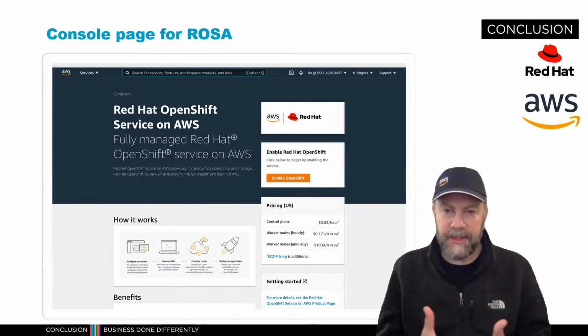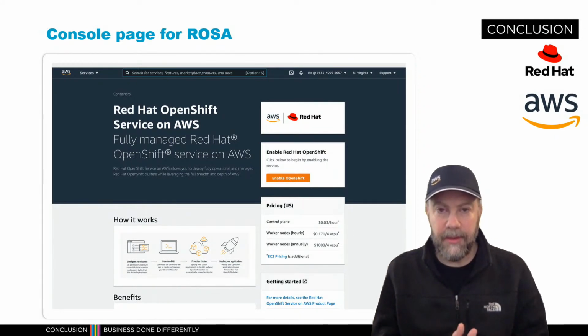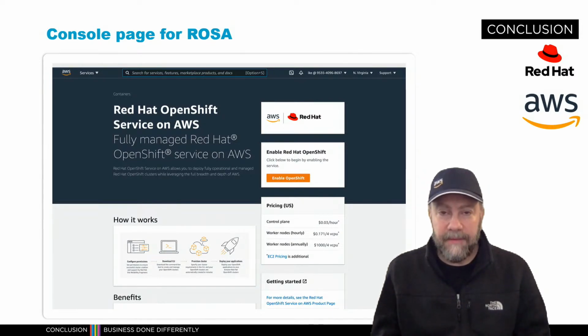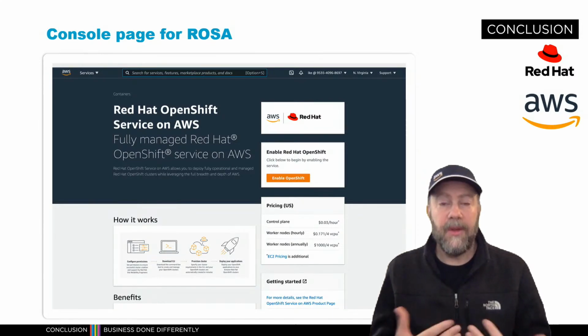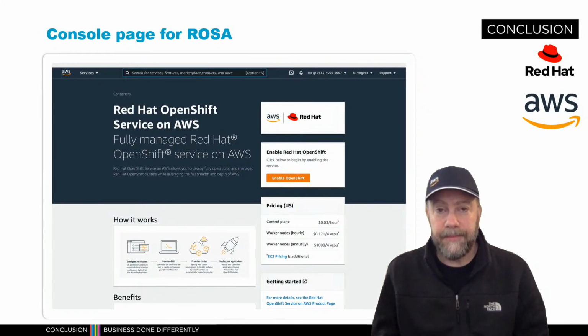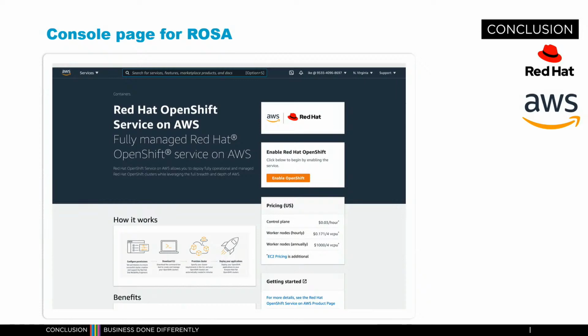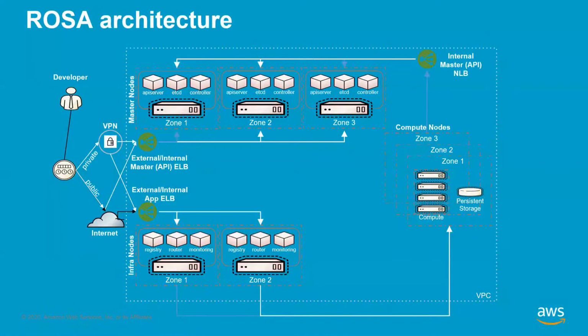So once that cluster is up and running and fully deployed onto the account, what does that look like? Well, it actually looks very similar to an OpenShift cluster that you would install yourself with OCP. It'll have a set of master nodes, and those are 3 masters. You can install OpenShift in ROSA in 2 modes, what's called multi-AZ mode or single AZ mode. Most customers are probably going to choose the multi-AZ mode for high availability reasons.